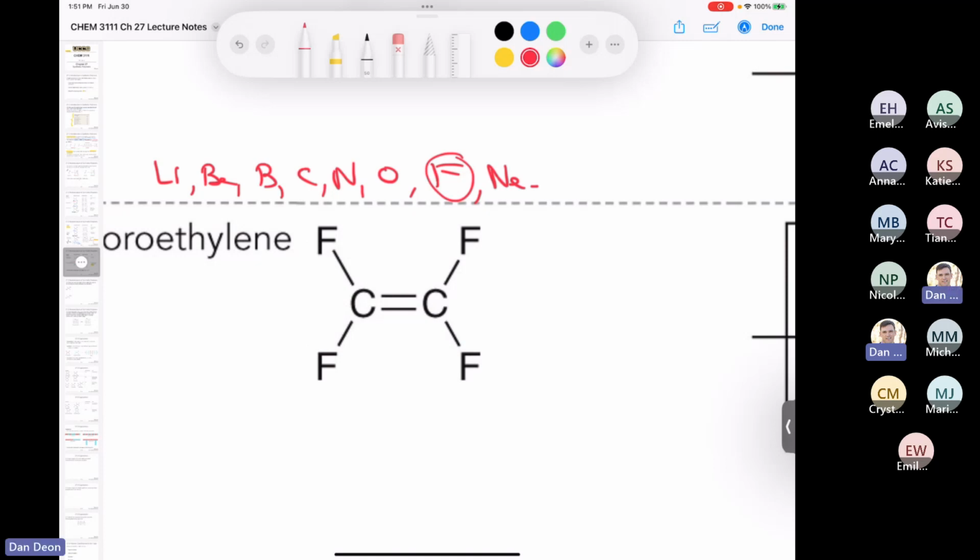So as you go in this direction, here's some review for you. As you go in this direction, they get smaller. It's counterintuitive, isn't it? Because you think, well, more protons, more neutrons. This is back to Gen Chem 1. These are the atomic trends that you have to know. The elements get smaller, and the reason why is based off of effective nuclear charge, or Z effective. So the elements actually get smaller and smaller because the nucleus is adding more protons, which